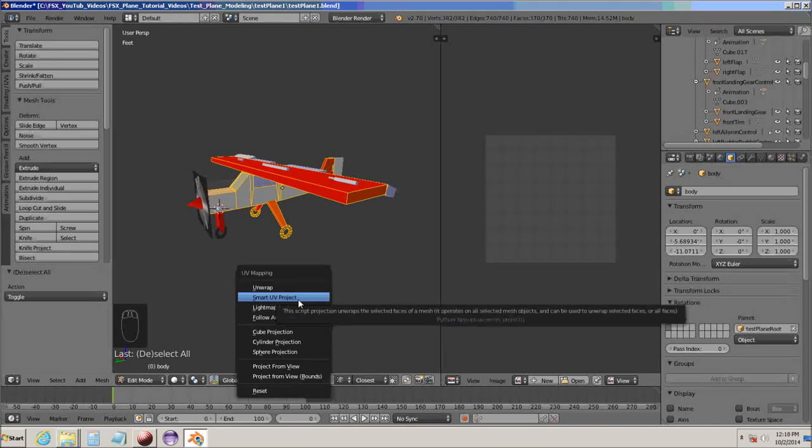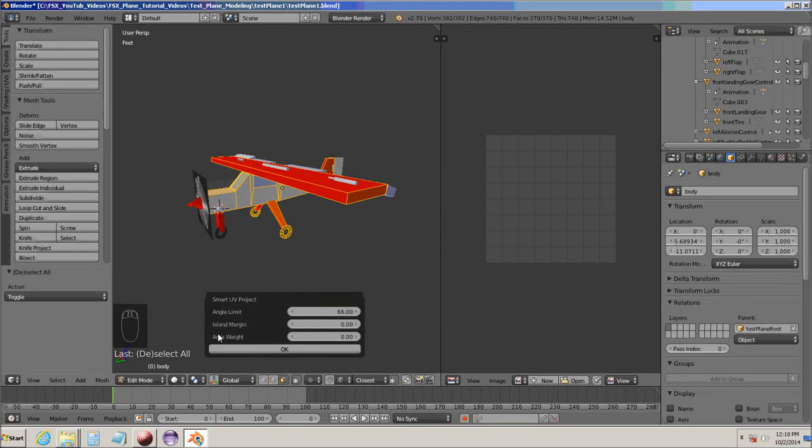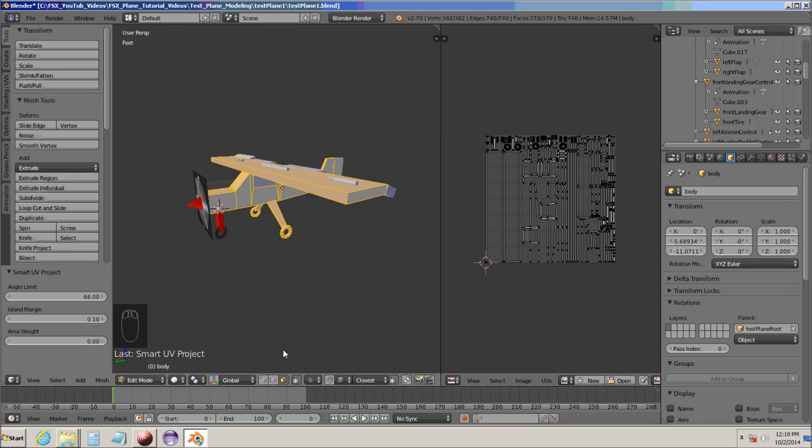You can go in and set up your own, I believe they're called seam lines, and tell the UV unwrap how to unwrap it yourself. But for this video, we're going to do a smart UV project. So click on that. We're going to set up our island margin of 0.01 and hit OK. Now you can see over here in the right window, it has UV unwrapped the main mesh